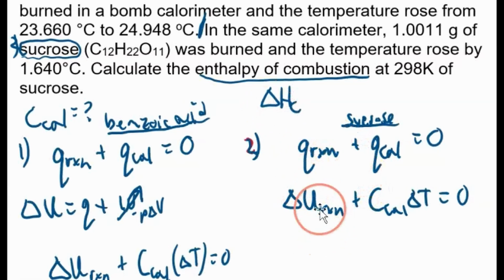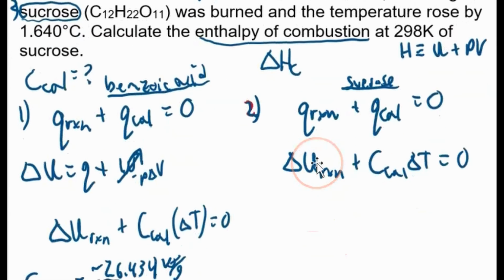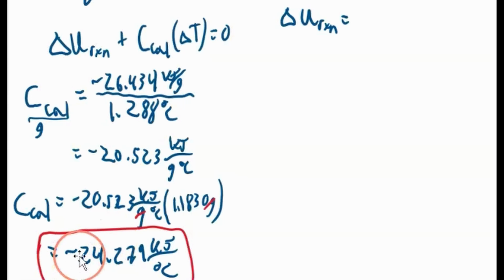Now, we're solving for the change in internal energy, but we want the enthalpy. We're going to use the definition of enthalpy, like in the previous problem. Enthalpy is defined as the internal energy plus the pressure times the volume. We're going to use this to convert, once we have the internal energy change, to the enthalpy change. But first we need to solve for the change in internal energy. So the change in internal energy of the reaction is equal to negative Ccal,